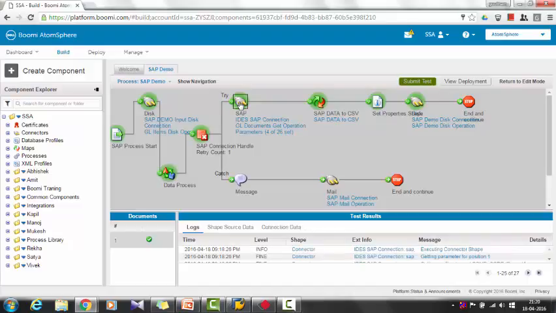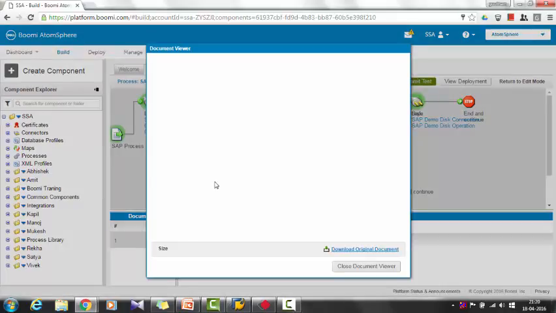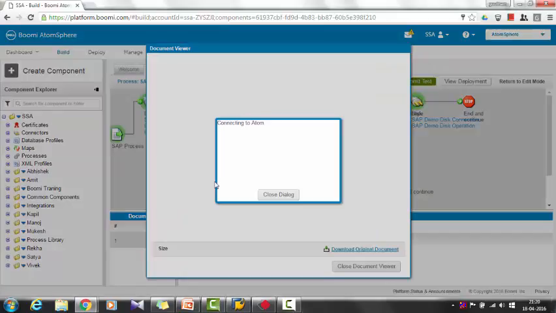In this step, we are sending the input values to SAP and getting the data from SAP. We can see the data we got from SAP in the map step. In the shape source data, we can see the actual data we have got from SAP. As I told you,